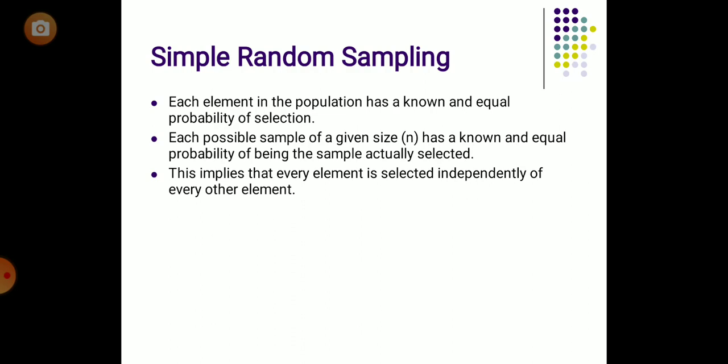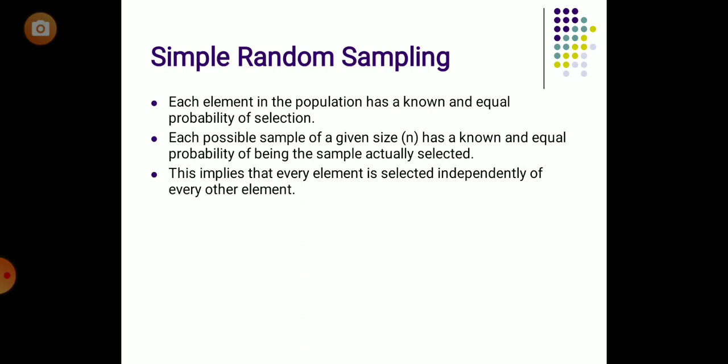Same way, let's say a company has 500 employees. Out of that, the company wants to take the opinion of 50 employees, and wants to select the 50 employees. The company already has the database of all the employees, and out of this database, the company will randomly select any 50 employees and take their opinion. Then it is known as simple random sampling. Another example of simple random sampling is a lottery system. Let's say 1000 people have applied for the lottery, and out of that, randomly we select 1 or 2 and give them the lottery. Then it is again an example of simple random sampling.